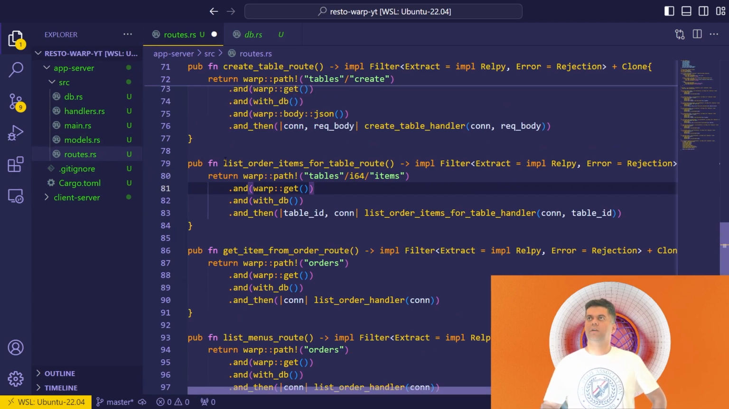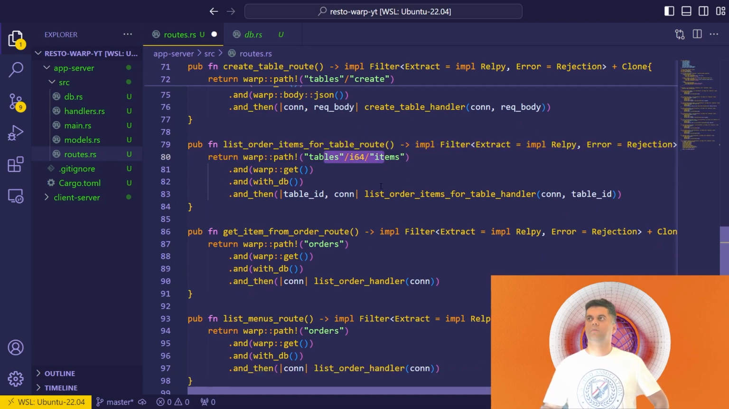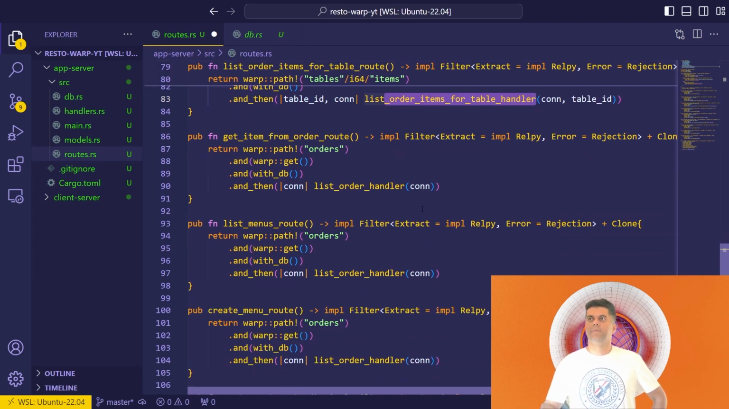So this is our list order items for table route. The path is tables/items, and the table ID connection is passed to the list order items for table handler function. Now the next function is the get item